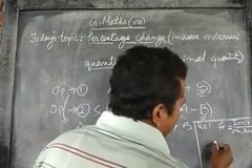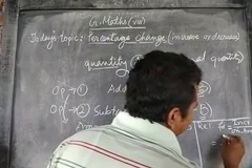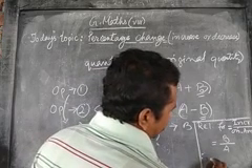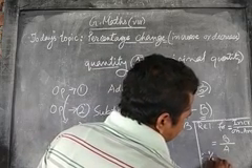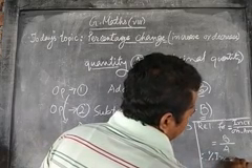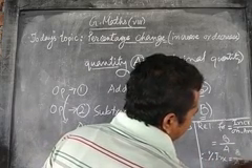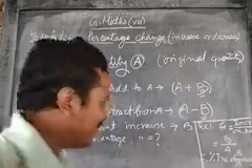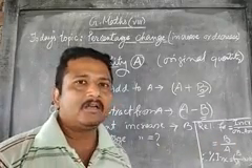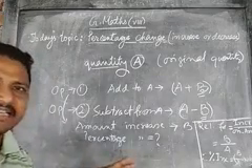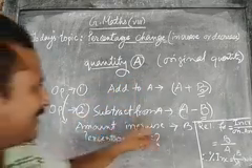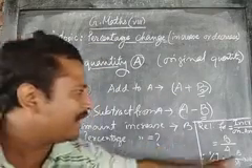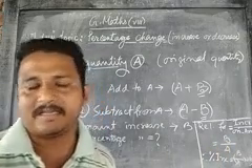So this is the relevant fraction. So the relevant fraction will look like this. The increased amount is B and the original amount is A. Therefore, percentage increase equals B by A into 100 percent. So this much is the percentage increase topic, and so far as percentage decrease is concerned, in this case it is the same. Why? Because the decrease amount is also regarded to be B only, so far as this example is concerned. So percentage decrease will also be B by A into 100 percent, my dear students.